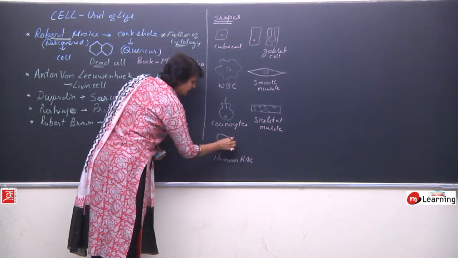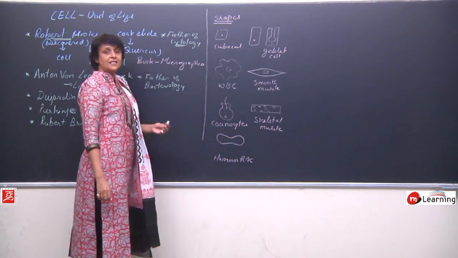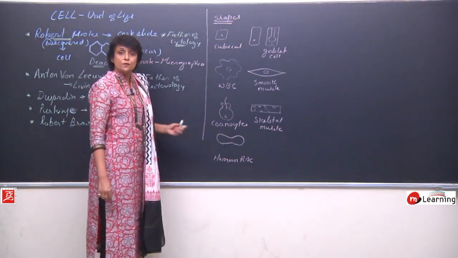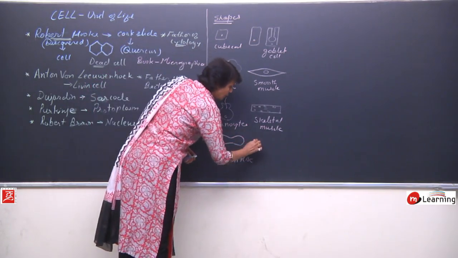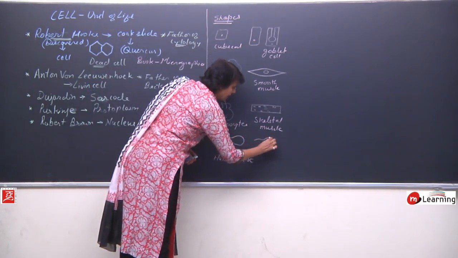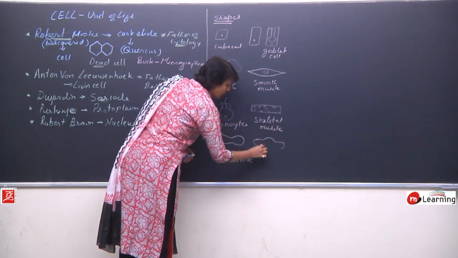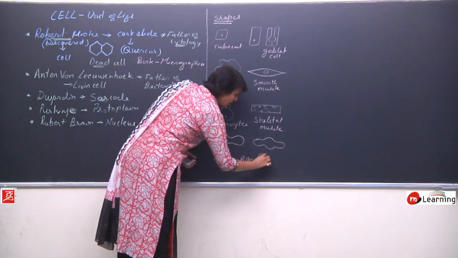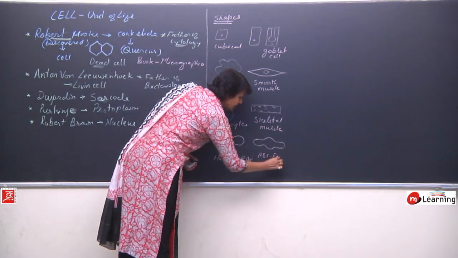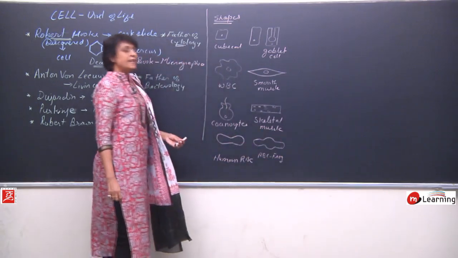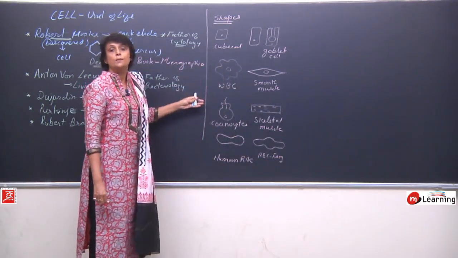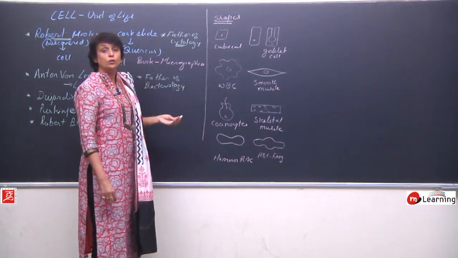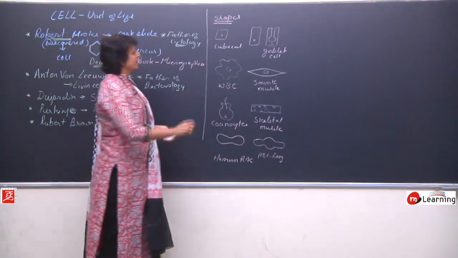That means in the center there is no nucleus, and that's why we see a depression on both the sides. So it is biconcave. But if you see the RBC of frog, then the RBC of frog is bulging in the middle. Reason? There is a big prominent nucleus which is present in the middle region. So this is the RBC of frog. The basic idea is to see how many various shapes are present or seen in cells. These are few examples. There are many more, like neurons, irregular shape.